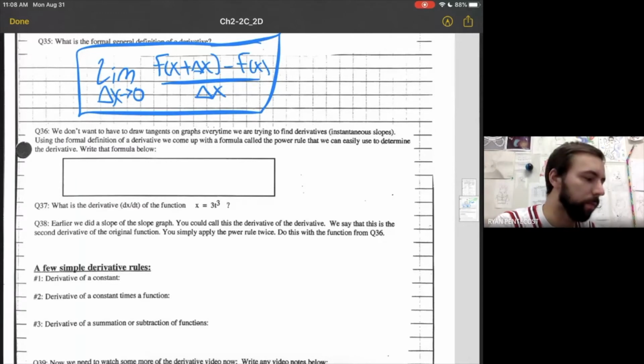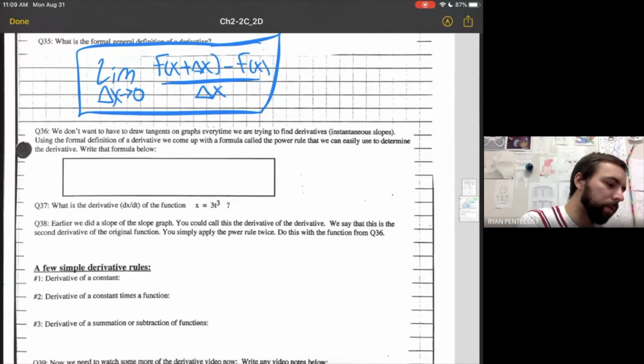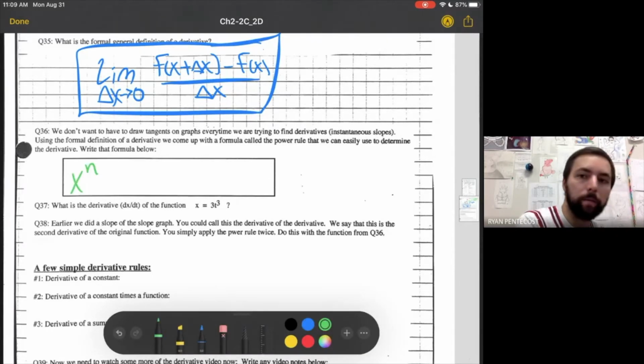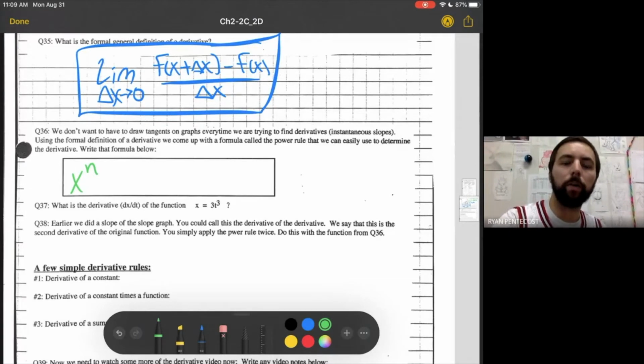So, the formal definition of a derivative for the power rule. Say we have a function x to the n. If we were going to take the derivative, now there are different notations to use for a derivative. Newton and Leibniz both developed calculus at the same time, and they had their own way of writing things, so that kind of caused some controversy. So in math class, you will mostly use a Newton notation,